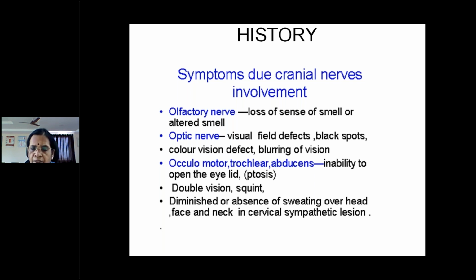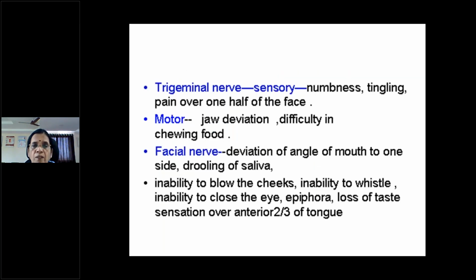So this you have to think of either in a brainstem lesion or in the neck region. In the neck region, whenever there is a lymph node enlargement, if it presses over this nerve, the patient can have it. There are other causes for Horner syndrome, like malignancies and other things. So, absence of sweating on one half of the head or face.